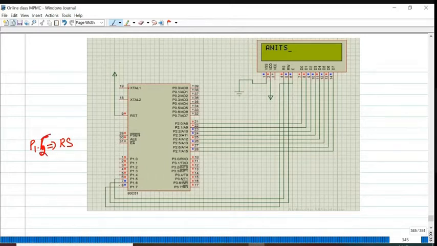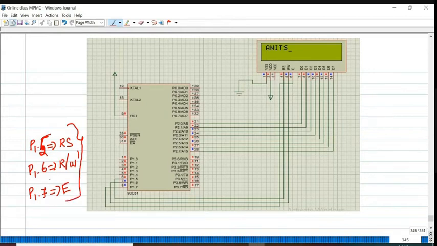Next, P1.6 is connected to read/write. And P1.7, the last one, is enable. So these three are the important control signals.